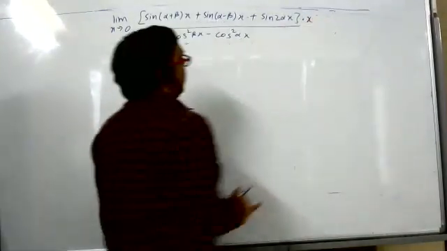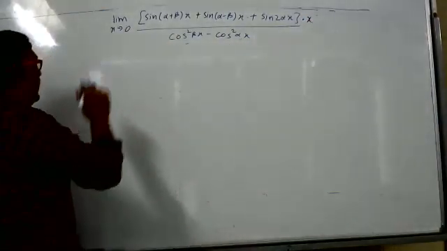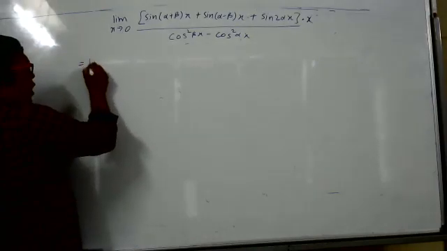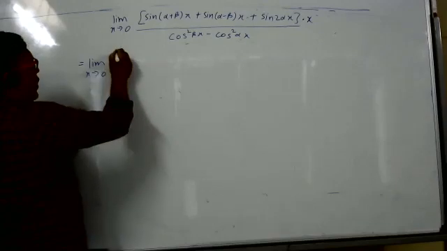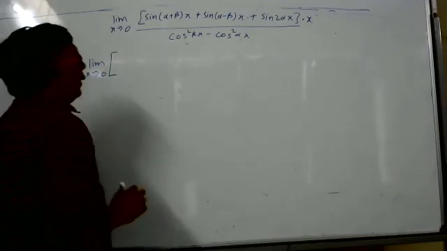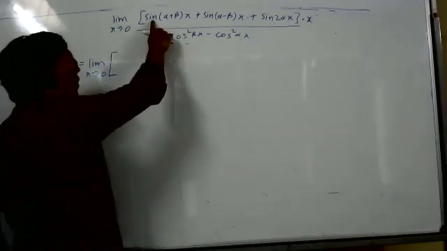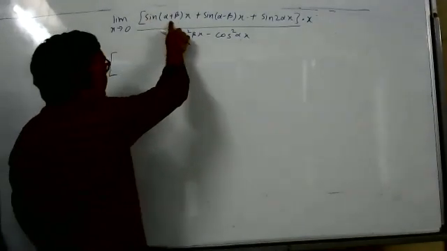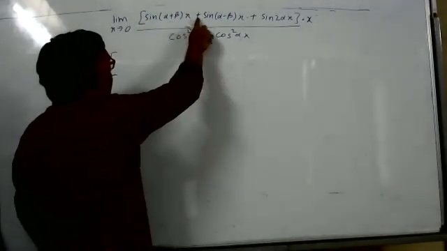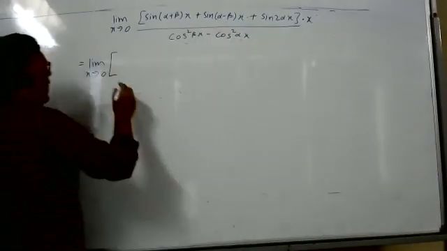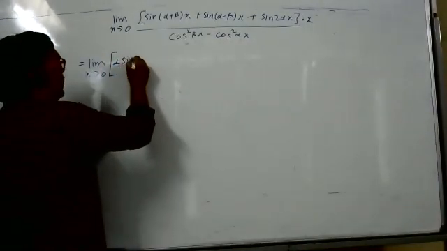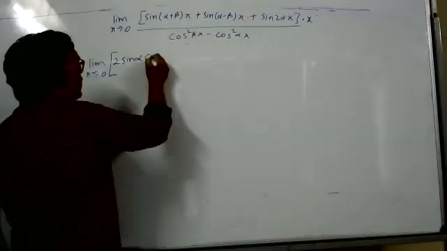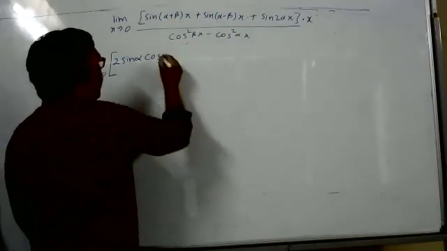Now the question has become correct and we'll get the right answer. The steps are the same as what I taught yesterday, only x was not there. That's why we were getting the wrong answer. What we will do now: here we will use the CD formula, sine C plus sine D, the same way. Sine C plus sine D is 2 sine of (C plus D) by 2, so you'll get sine alpha x times cos of (C minus D) by 2.